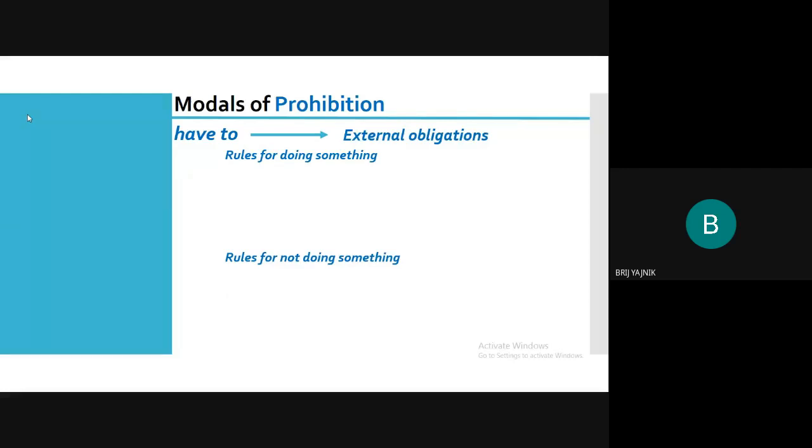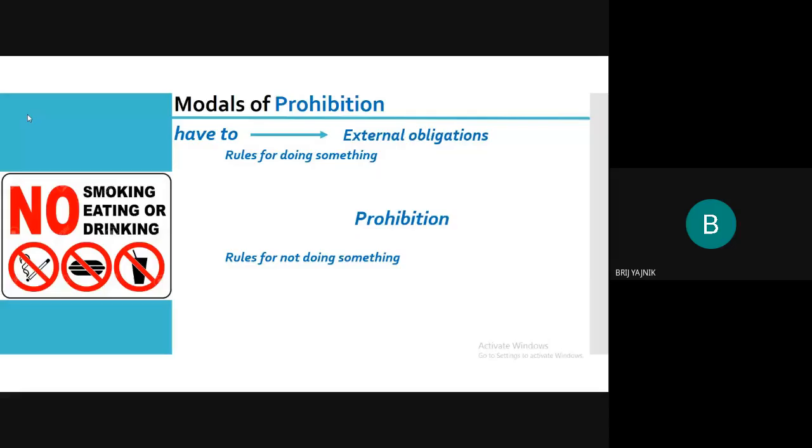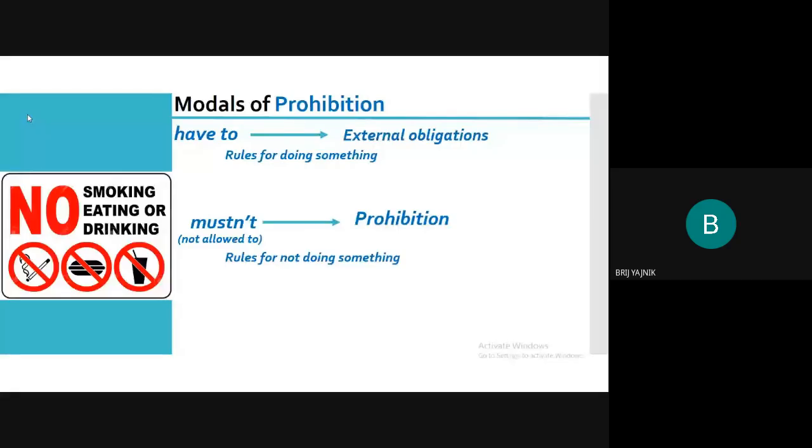अभी जो prohibition है, they are also the rules. See, understand this. They are also the rules. लेकिन अब अगर आपको लगता है कि have to का सीधा don't have to is a prohibition, then you are wrong. Mustn't is the word that you have to use in prohibition, right? And mustn't means